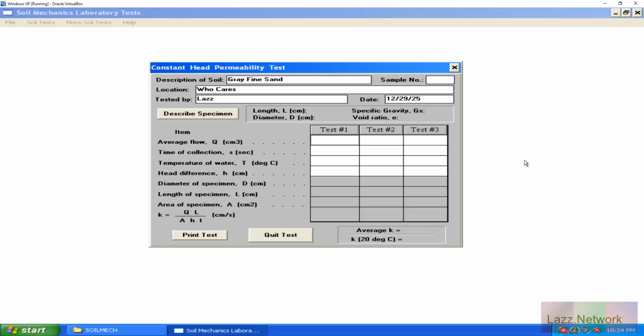Now I'm going to explain a little bit of the testing and the process that we're going to do here. Typically for constant head perms, you have one of two ways you can do this. Depending on what's required or what data they're trying to look for, you can either have what's called